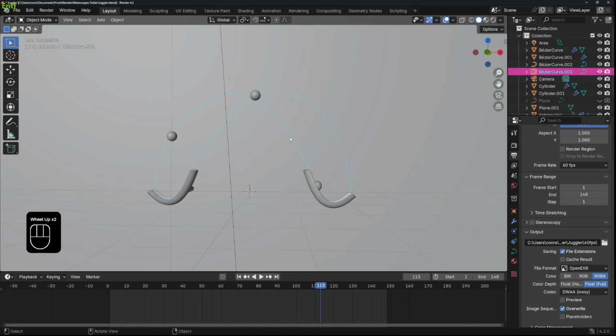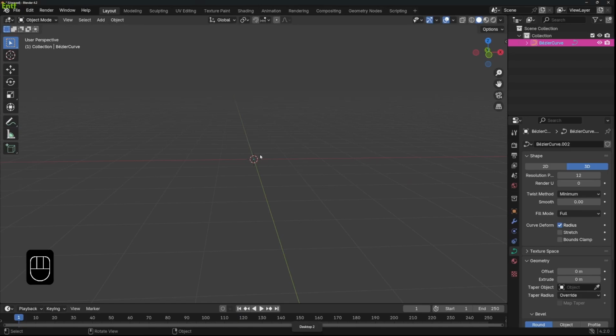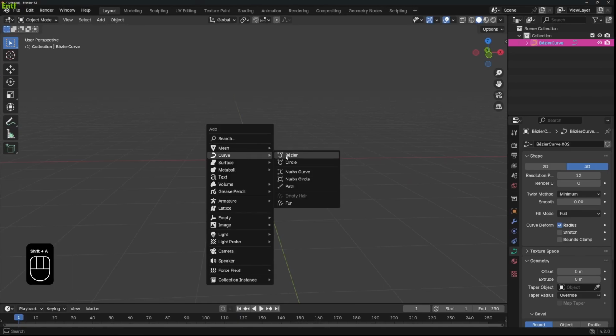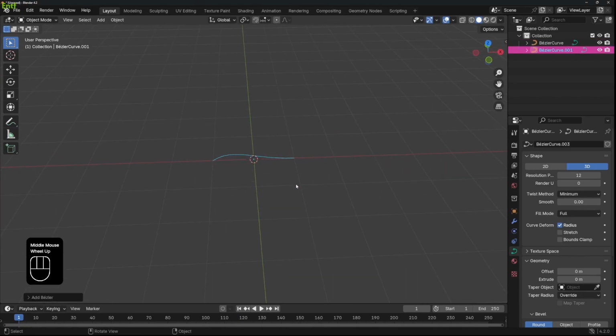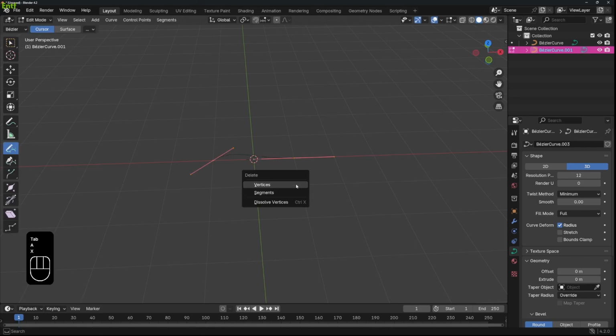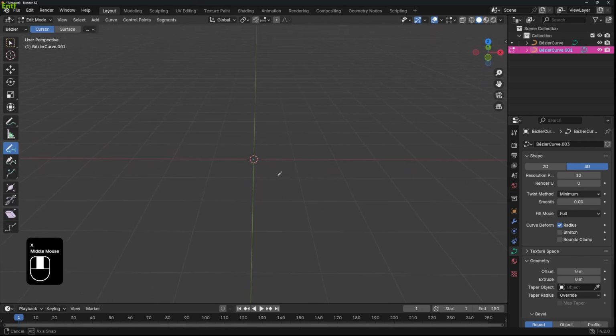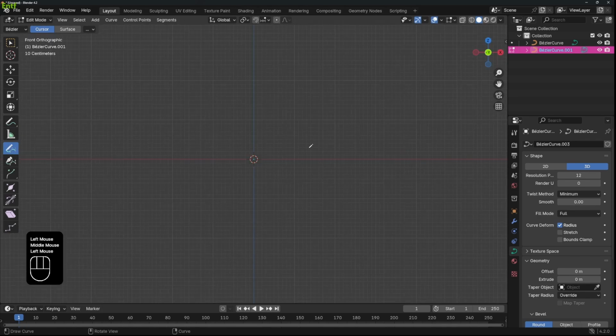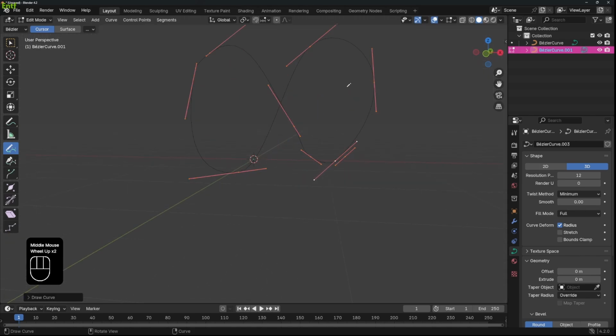And then I just created this curve here for the path of the juggling balls. I can show you how I did this. I just added in a Bezier curve again, and then if you switch over to edit mode and you press A and X to delete everything, then you can select this pen tool here, and then I just tried to draw the shape of the juggling balls flying. Yeah, that's very ugly, I know. But then you can tweak this path a bit afterwards with these handles,